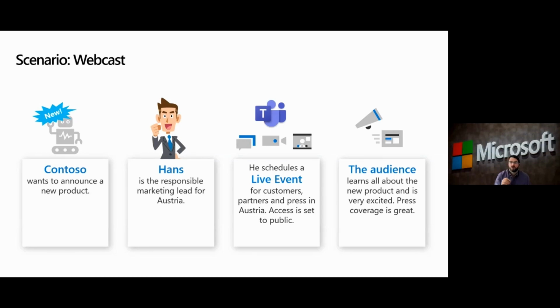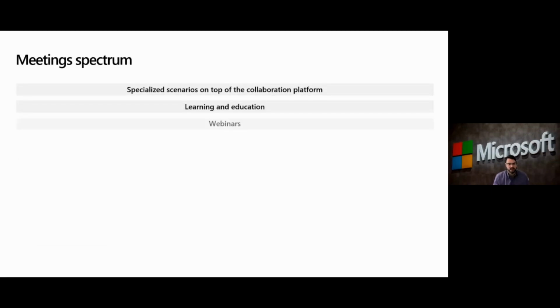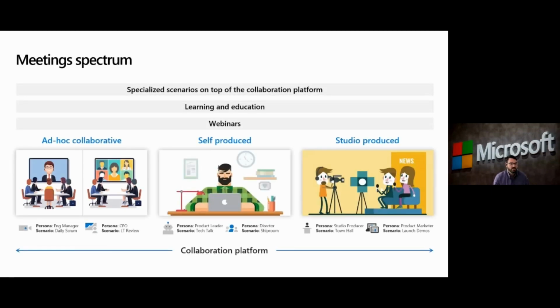So the other piece to this is there's an entire spectrum between these that we need to be able to enable, right? We have the ad hoc collaborative one on the left. We just spent better part of an hour on that. This one in the middle, this self-produced, is a great way to get the word out, maybe do a tech talk, maybe do some learning, and share it,